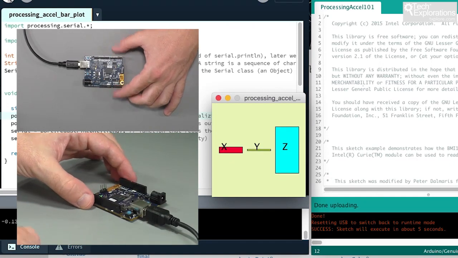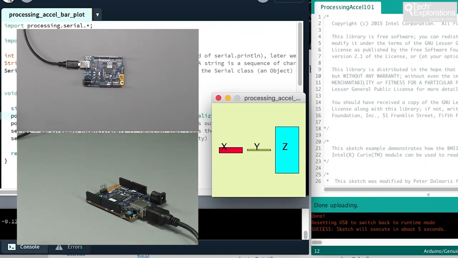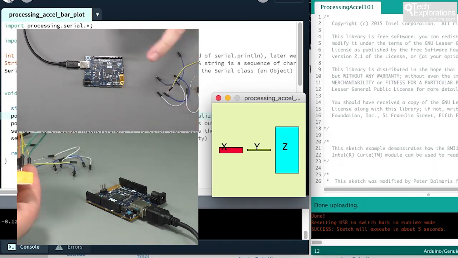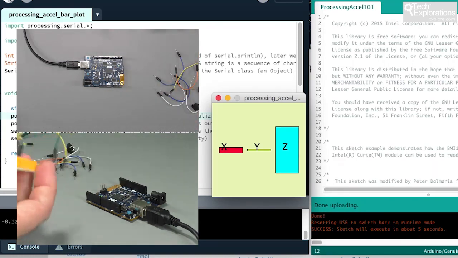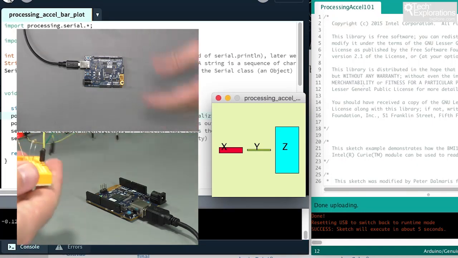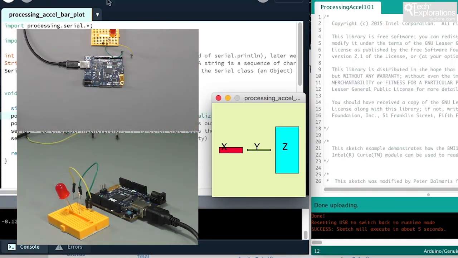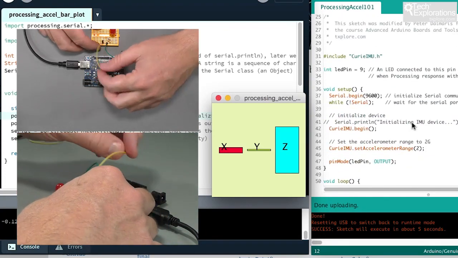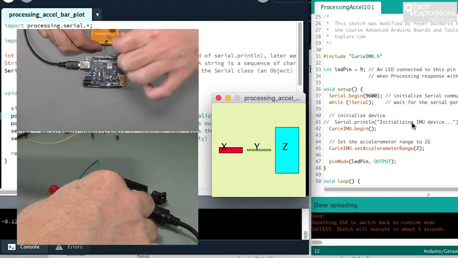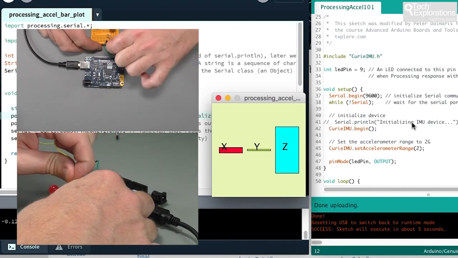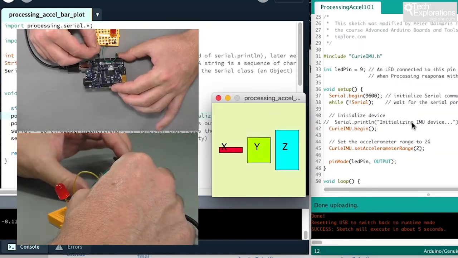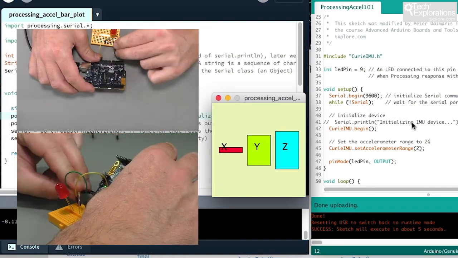Another little feature that I've got integrated into the design, just going to clean up a little bit here, the circuit from the previous sketch. Just keep only what's necessary. Is that I've got an LED connected to pin number 9. So this one should be ground, and the anode goes to pin number 9,